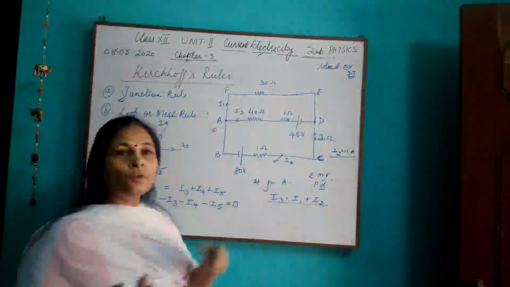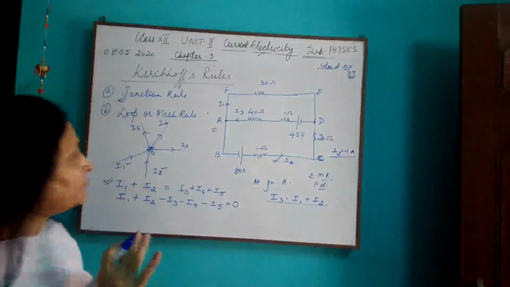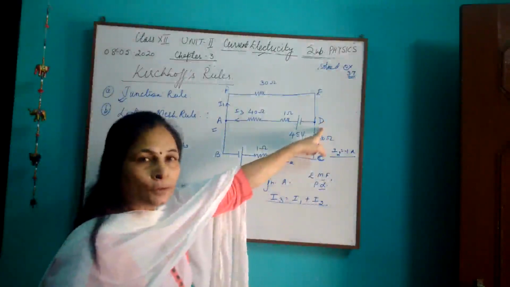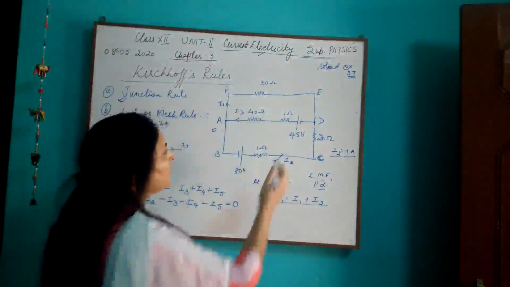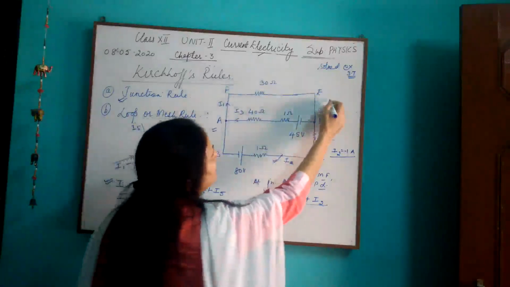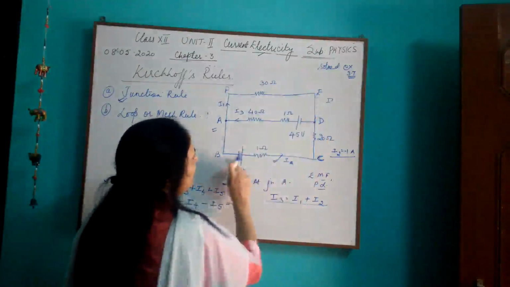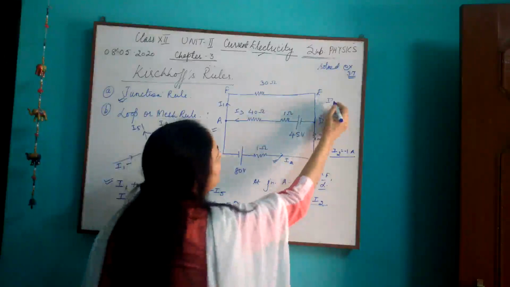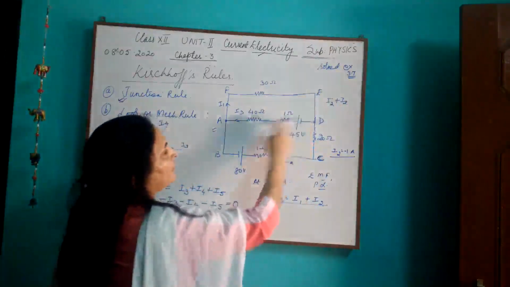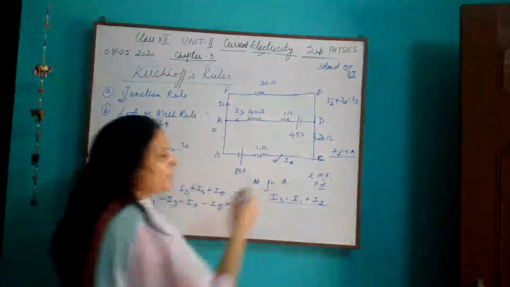You have to apply this only once in your problem, if required. For explaining, I'll just tell you how you can do it for D also. You'll get the same expression. See, when I talk about D, I1 is entering. You can see I1 is entering D. I2 is entering D. And who is leaving D point? I see. So this is the same equation.